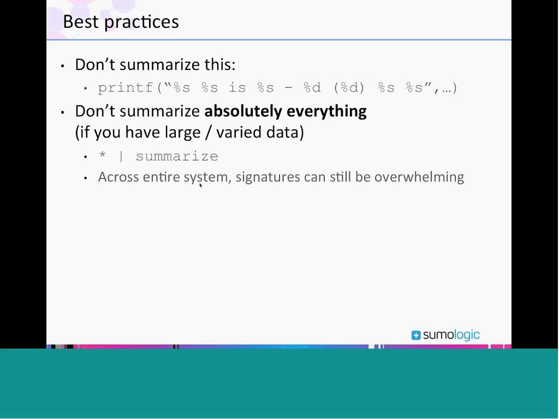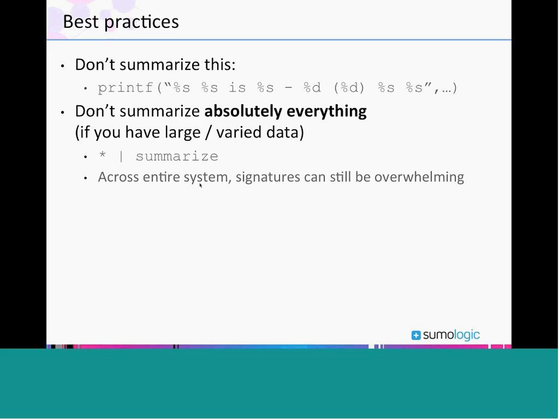Another thing I would say is that if you have a large and complex stack of software and components, I would resist the temptation to try to summarize absolutely everything. Before, we were able to get this 500x compression, which is great, but if you have millions and millions of logs, probably thousands and thousands of distinct printfs, even boiling stuff down 500 times is still going to leave it at a scale that's not really that human consumable yet.